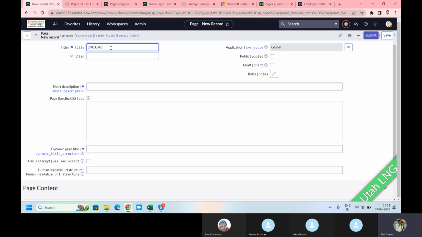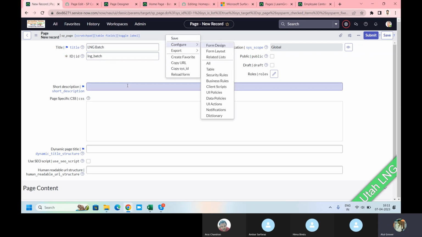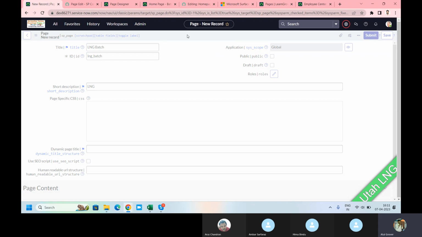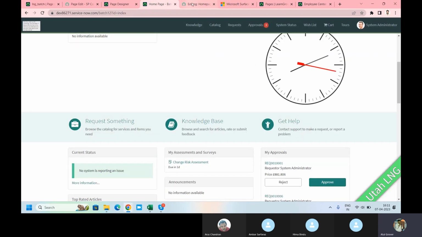LNG batch. LNG underscore batch. And save. Now, if you go in the portal configuration here